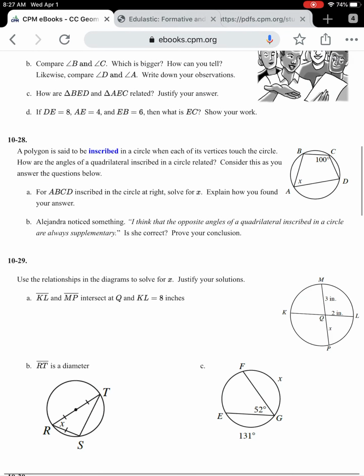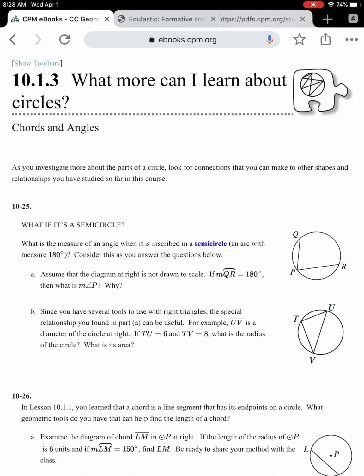And welcome back. So hopefully that lesson went well, but just to highlight some of the key ideas, let's talk together about each problem here. So in the first one, 10-25, we were introduced to what it means to have a semicircle, which is an arc with a measure of 180 degrees, and then we had to use that relationship to think about some angle measures. So if we look at part A, which has arc QR that measures 180 degrees, so it's a semicircle,